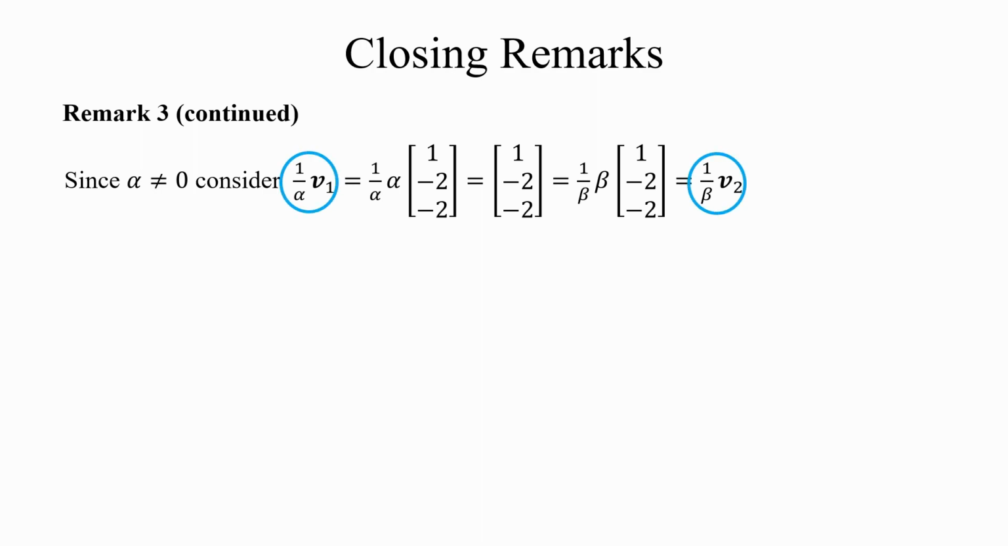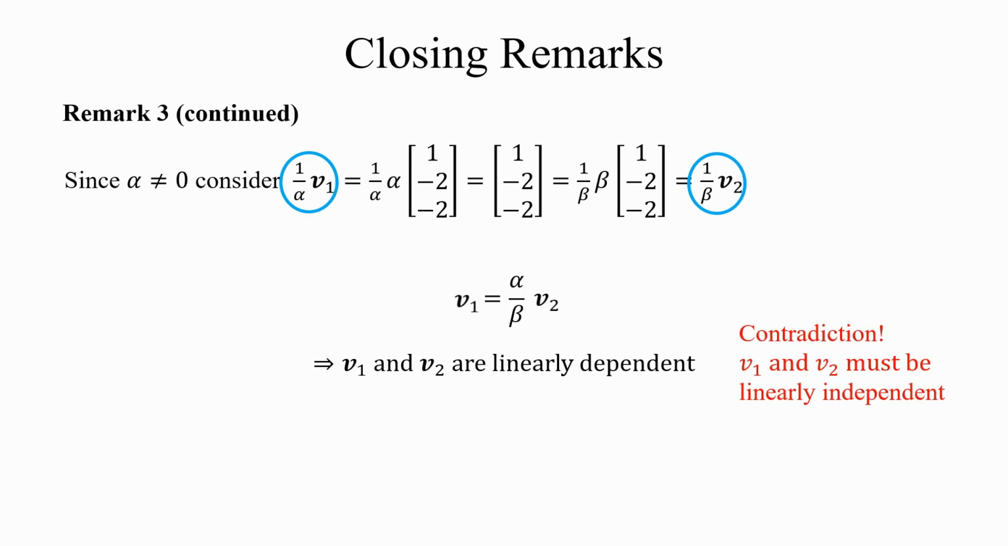So in this chain of equalities, I want to equate these two things that I've circled. And we see that v1 is a scalar multiple of v2. And so that means that v1 and v2 are linearly dependent. This is a contradiction, because the eigenvectors that we chose, v1 and v2, had to be linearly independent. But if you assume that v3 can be based off of both v1 and v2,